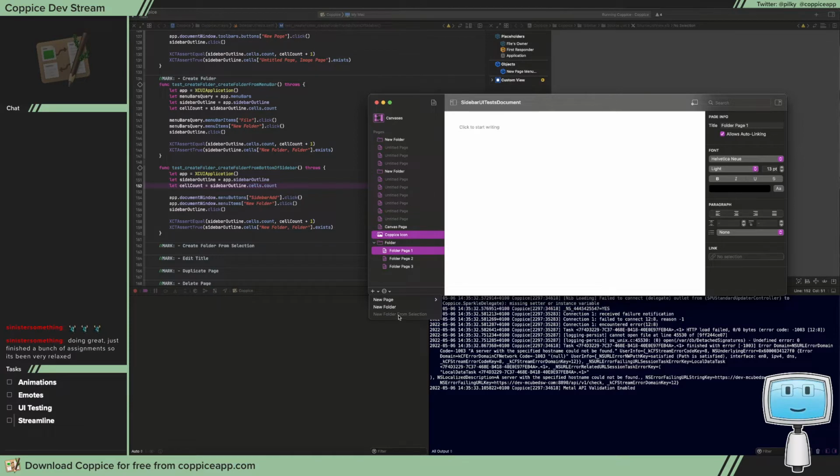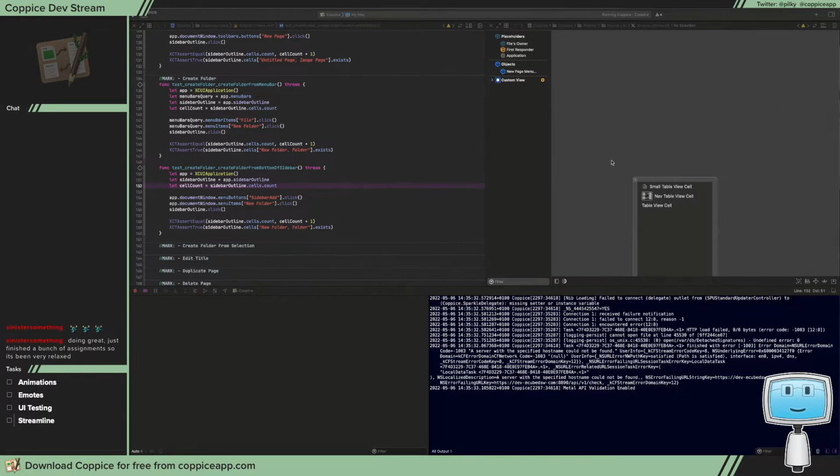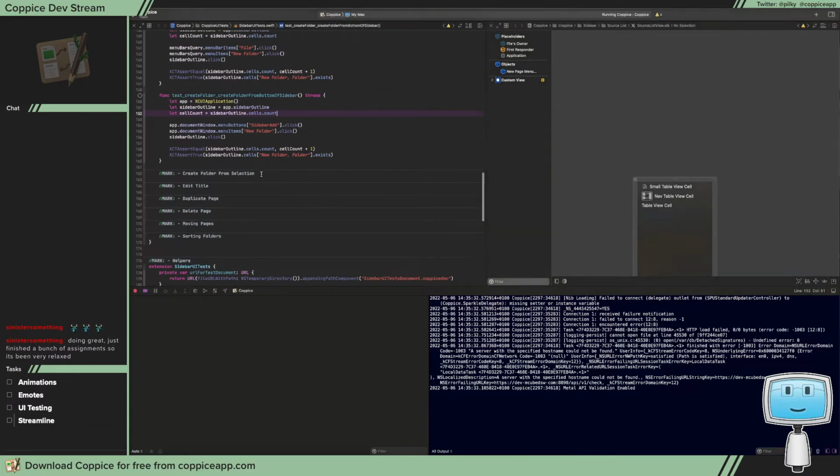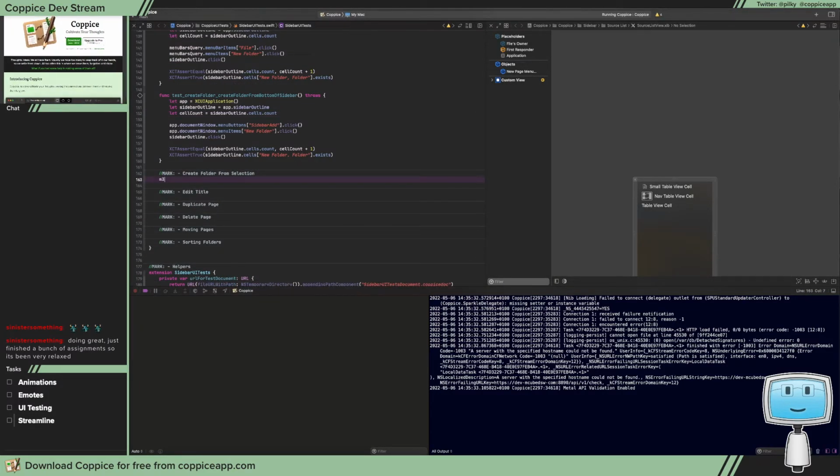New folder from selection should not work there. Nor should it work there. So basically it should just be items with the same parent. So what we're going to do, if create folder from selection, we're going to do that, should be test, create folder from selection,